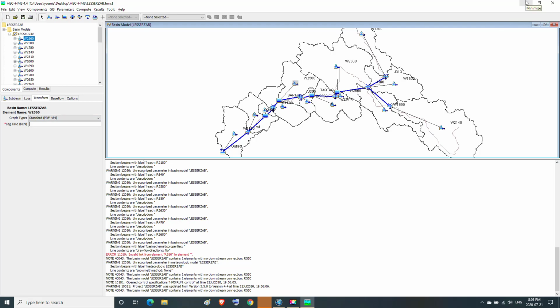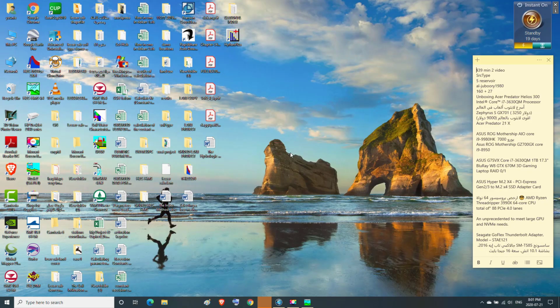So we go to the desktop and we delete the old project file titled LaserZap.